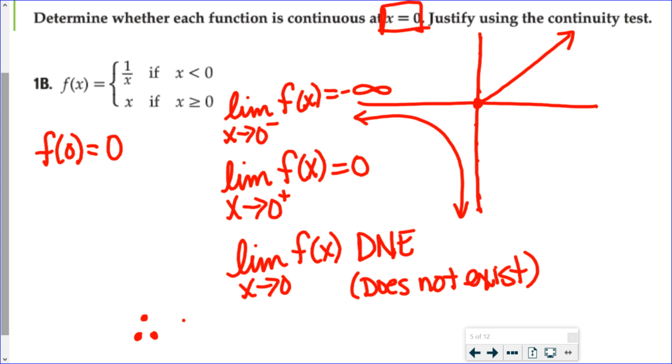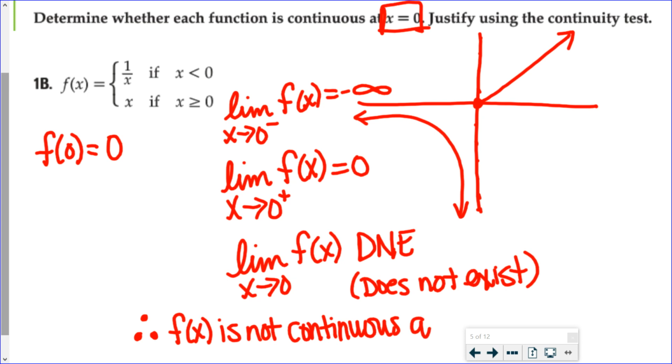Therefore, f of x is not continuous at x equals 0. So again, we checked, did f of 0 exist? It did. Does the limit exist? It did not exist. So since one of my three tests did not work, it's not continuous